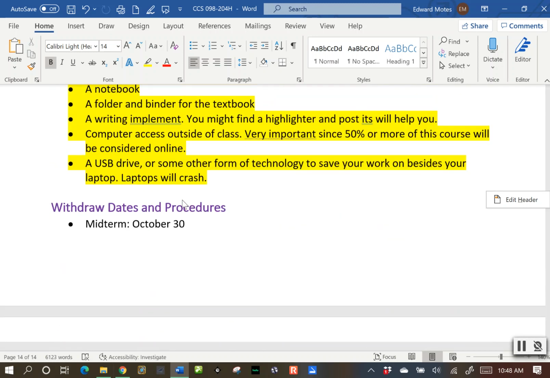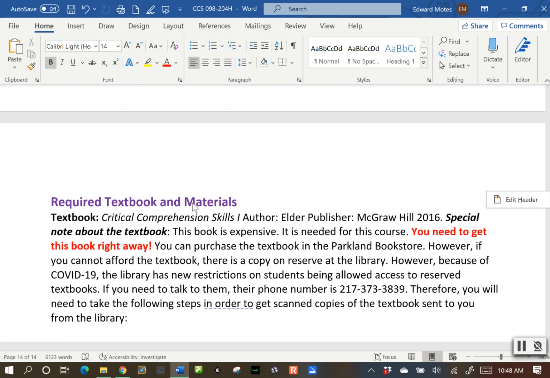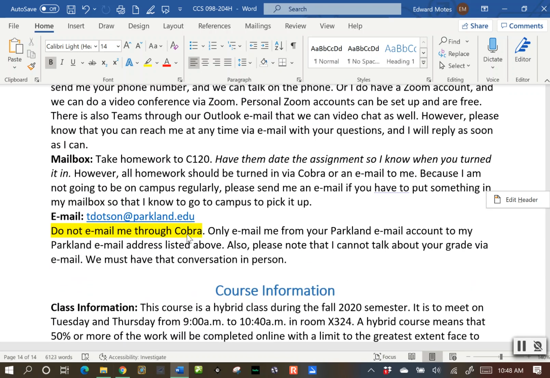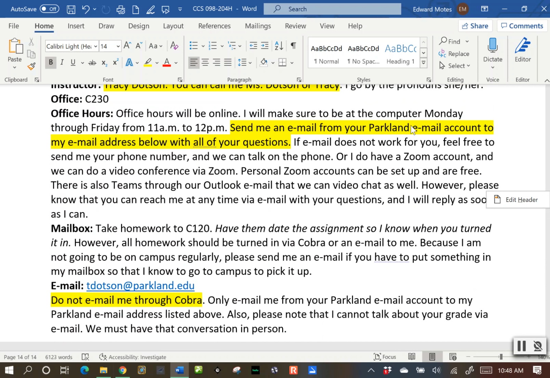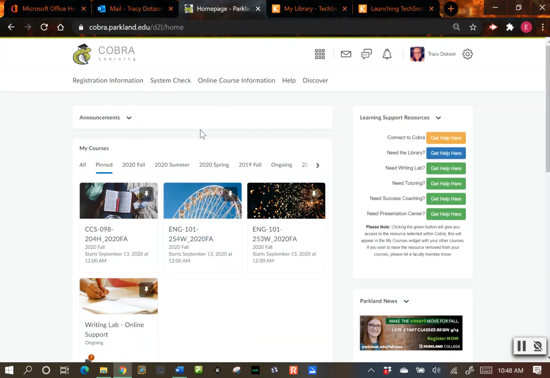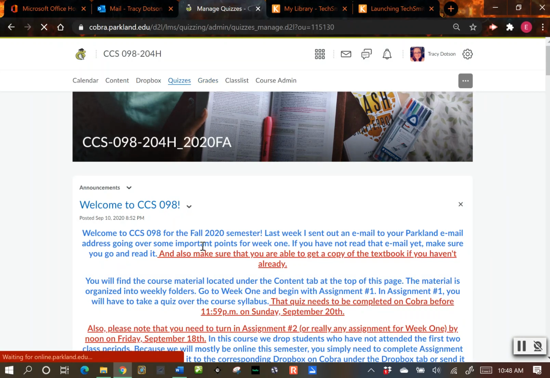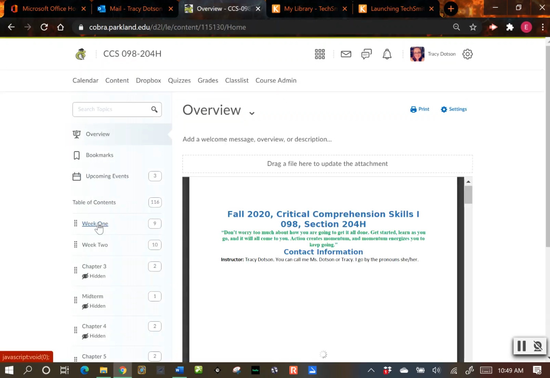Make sure that you know the required materials, not including the textbook. Make sure you know not to email me on Cobra. Don't message me on Cobra. You will need to use your Parkland email account when you email me, and make sure you know my name. Alright? So those are the things that you will need to know and study for the quiz. The quiz will be under the quizzes tab. Okay? So when you're ready to take that, you can go here, or in the week 1 folder under content,